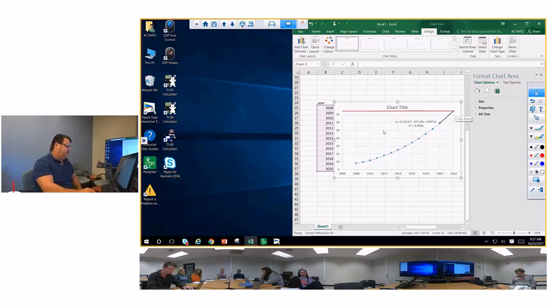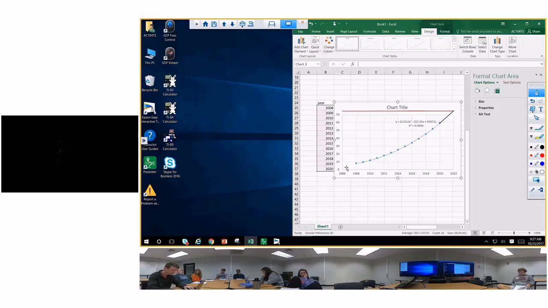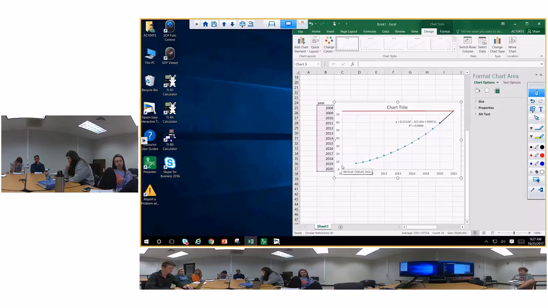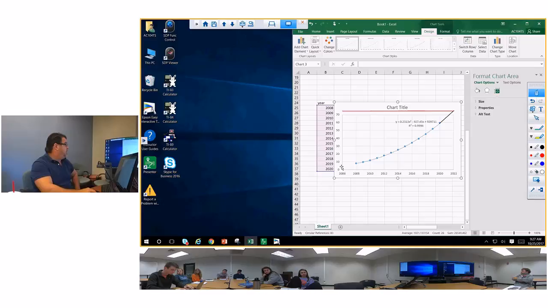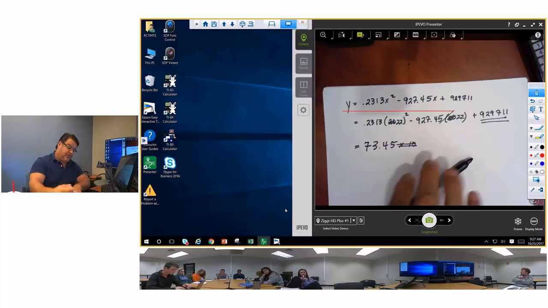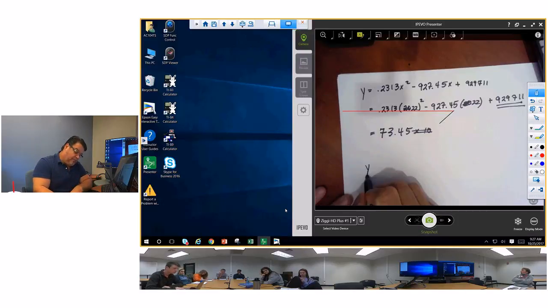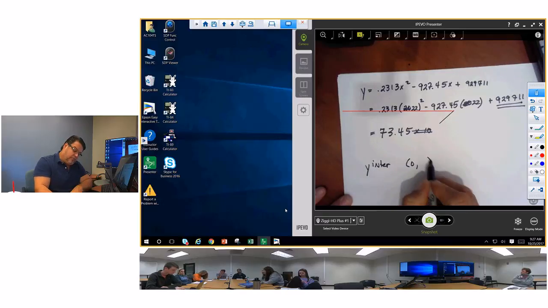All right. So, what if you wanted to find where the curve bottoms out? For those of you looking right here, what's that called? The y-intercept. What do you do if you want to find the y-intercept? Plug in 0 for x. So if you want to find the y-intercept, plug in 0 for x. And that's going to give you